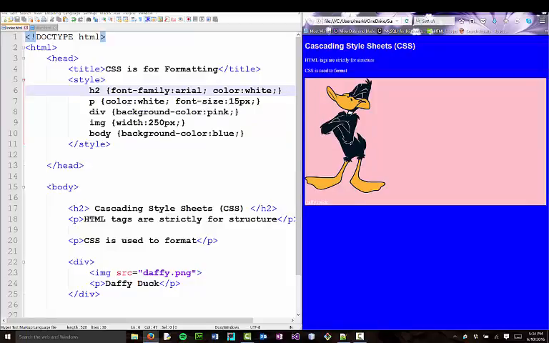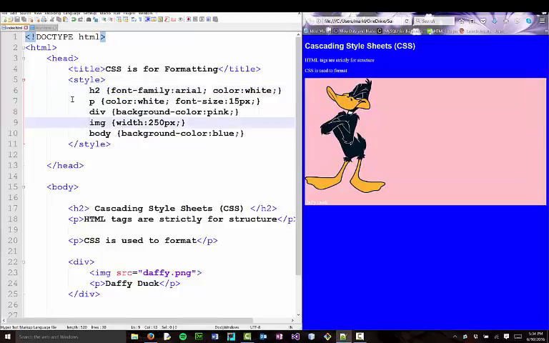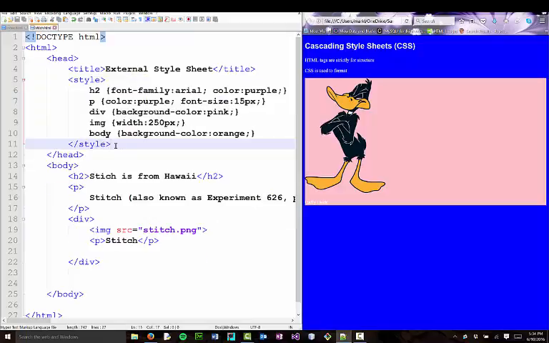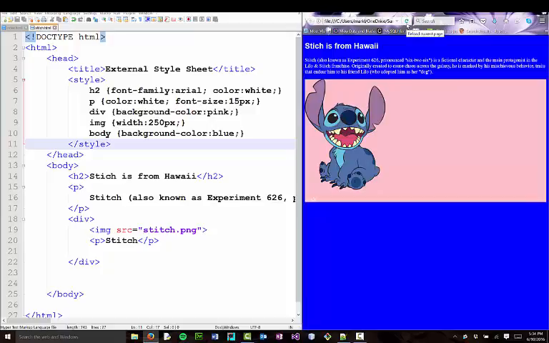Okay, but now we've got inconsistency, so I've got to copy and paste all of that onto Stitch's page, so that looks okay. Yep, all right, so I'm back to square one. Well, this is great if I only have 2 pages on my website, but sites nowadays have literally hundreds of pages. So I don't want to have to upload and change all 100 pages just because a